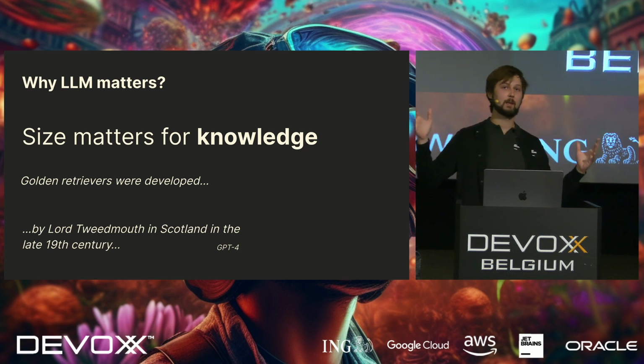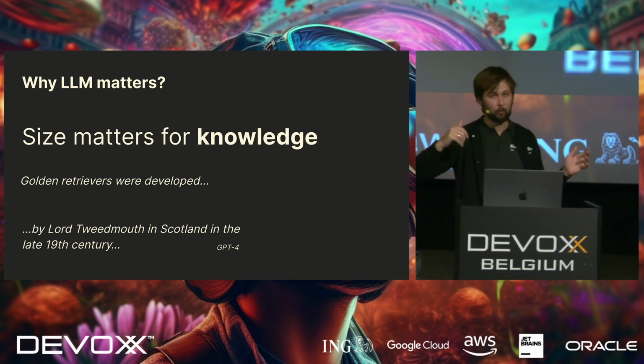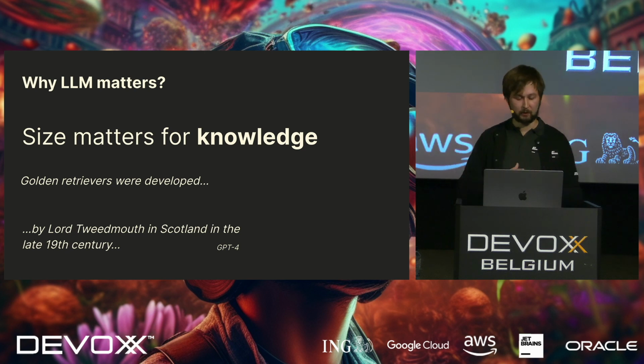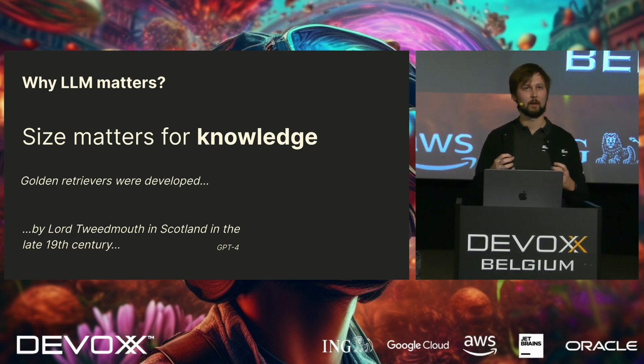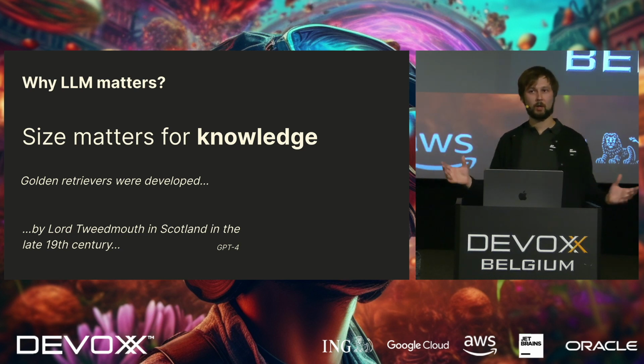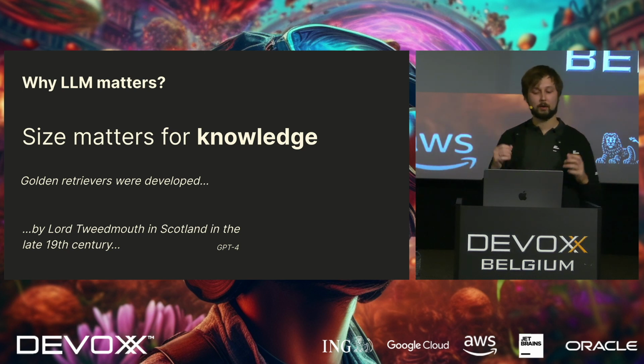Because we have a very big size of the model, like, I don't know, 175 billion parameters, as rumors say for ChatGPT, or 1 trillion parameters with a mixture of experts, as rumors say for GPT-4, the model is capable of remembering a lot more information. The model is basically, once again, approximating the way you would predict the next word. And if we are training it on the whole data set of the whole world, it would absorb